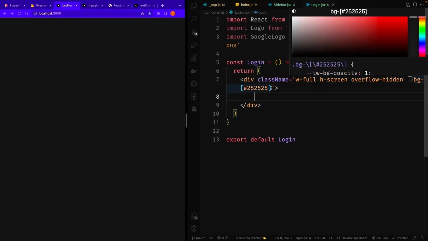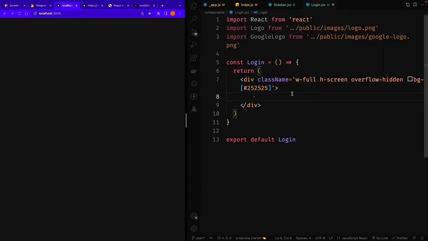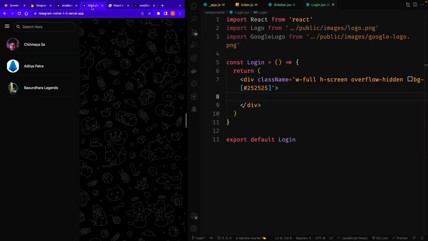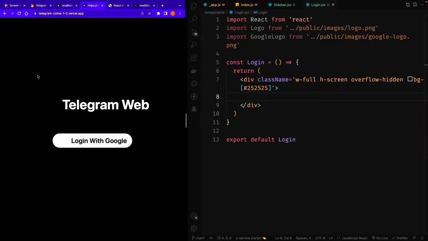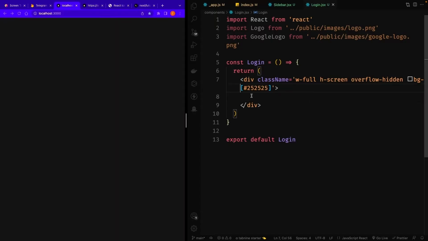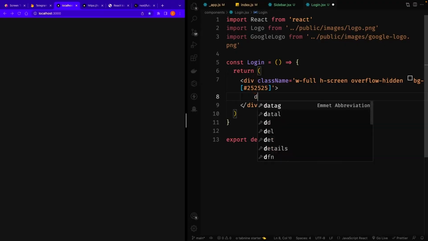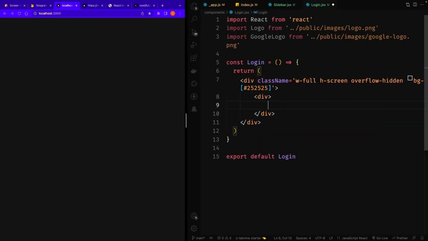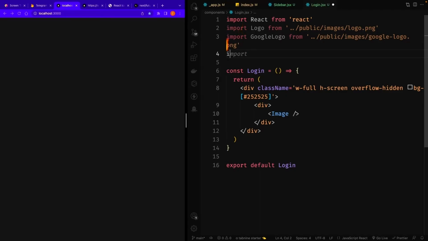I can add, at this point, let's log out, and you can find this image, this Telegram web, and this button, right? So we're going to create this. So come to this point, I'm going to create a div, and inside this div I need the image tag, just like this, and then I need to import my image tags right here, like import image from